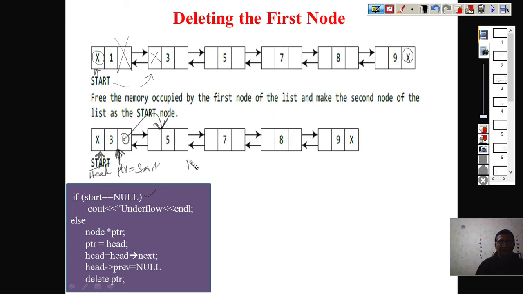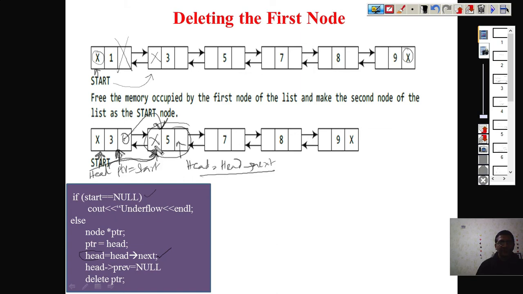So if I say head equals head next, the meaning is that head next means this node. That means we are interested in pointing this head to this node. When you write this statement, you are making the head point to this node. So when you say head equals head next, you have changed the first node, meaning you are now making your head point to the second node, because we are going to make this the first node. Then head previous equals null. Now this becomes head, and you set this value as null. This is the next field, this is the previous field.